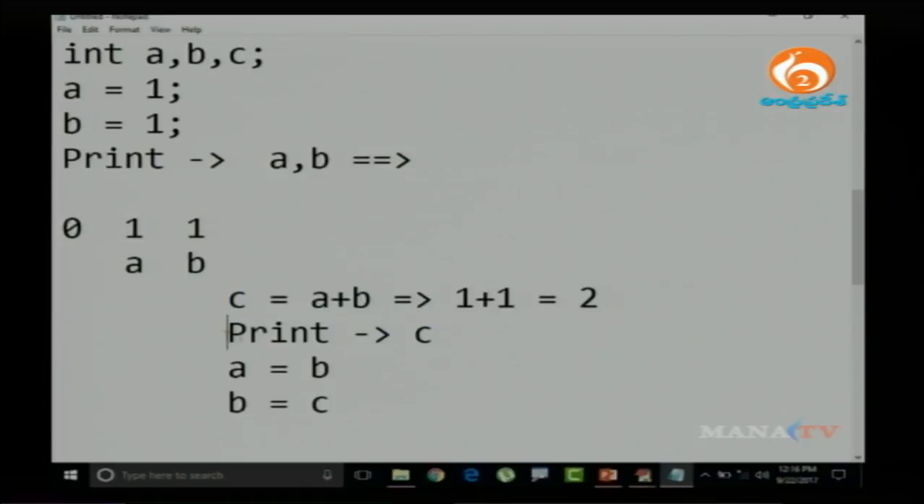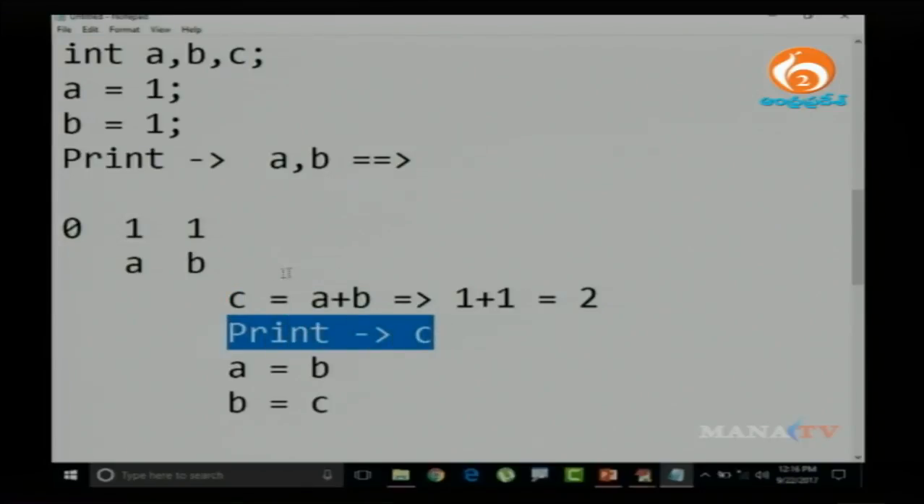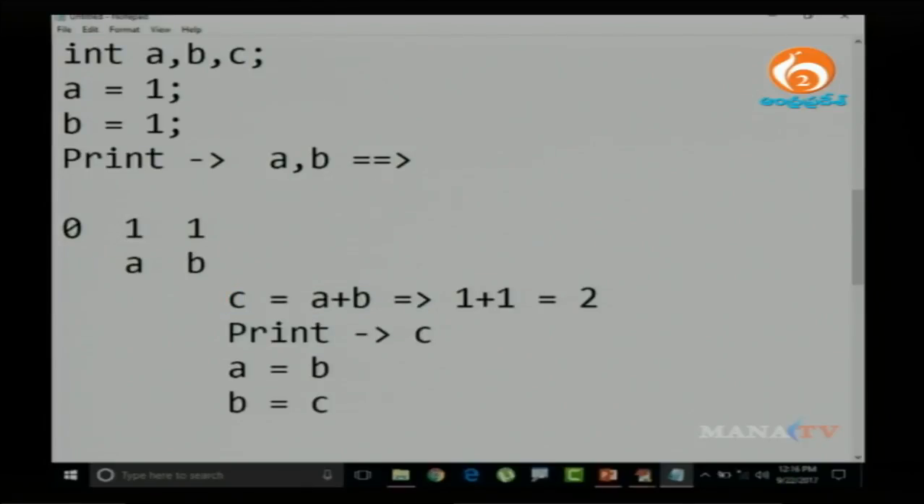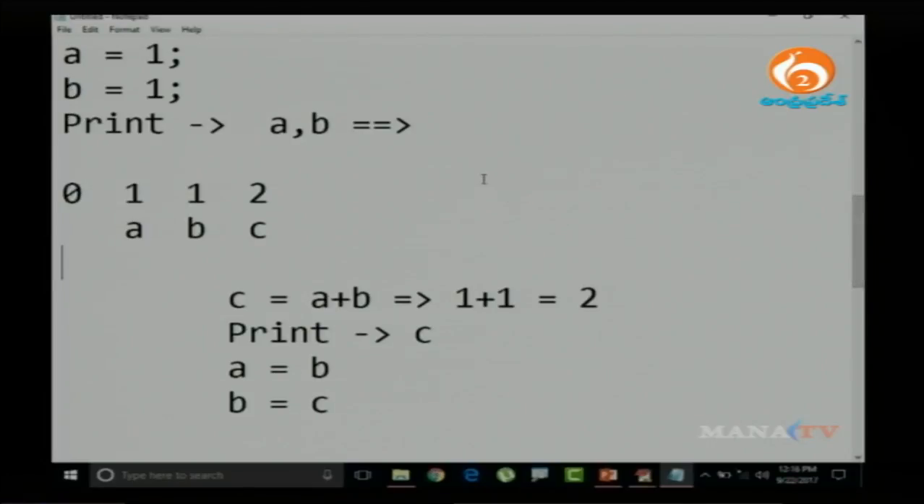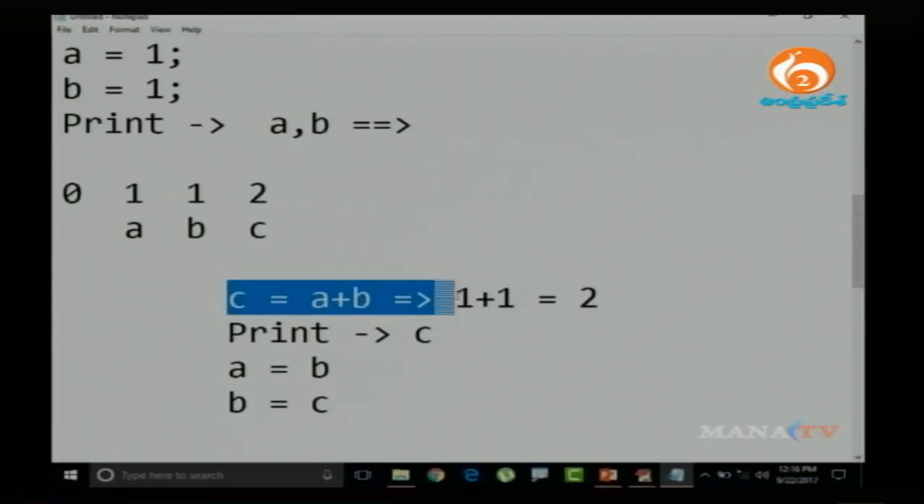So, what you are doing? You are printing that particular 2 in the output window. So, 2 is getting printed using the variable C. Then what is happening? Once I am printing this using C,